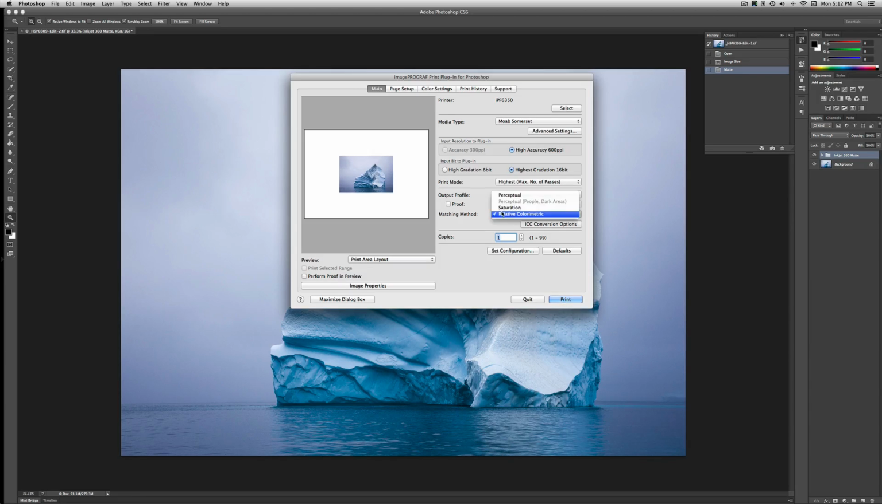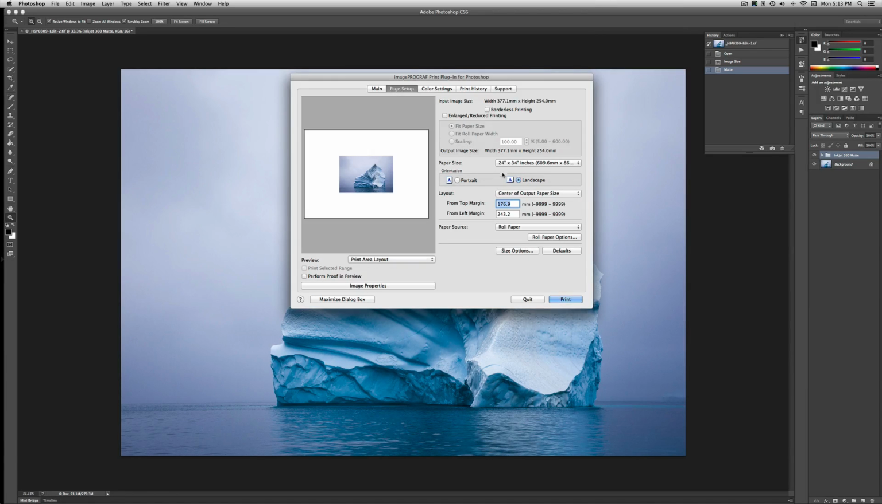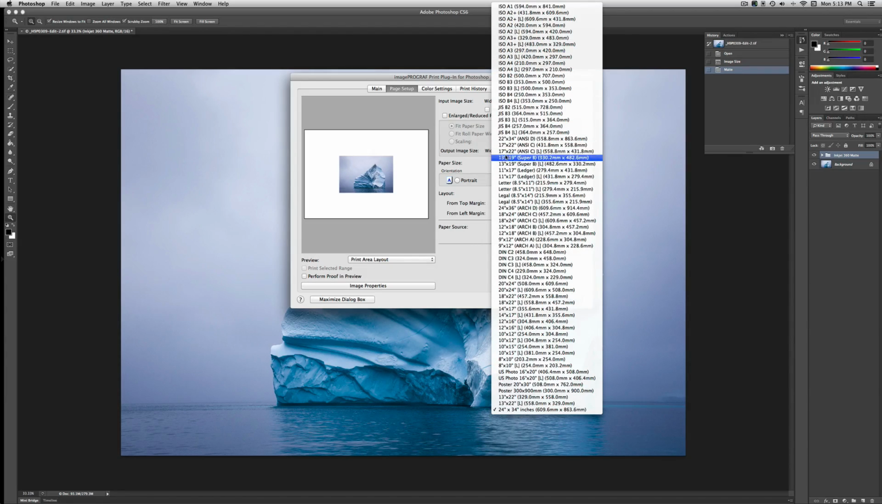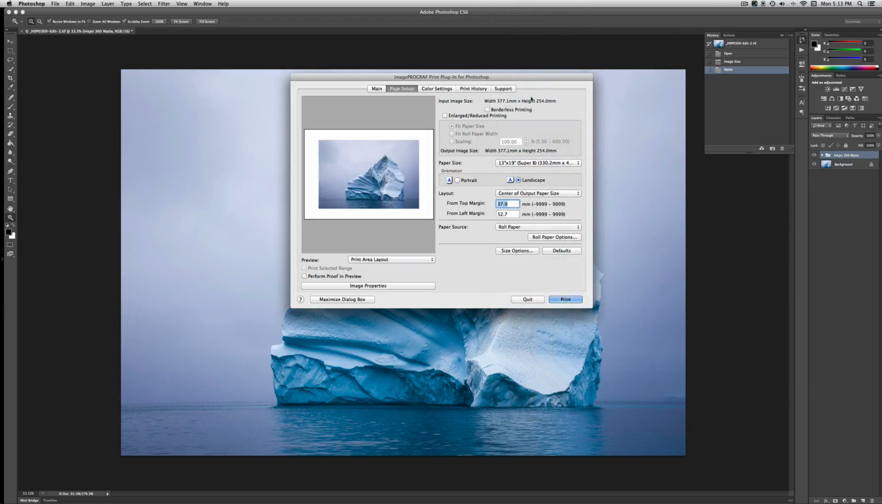Perceptual is only something I would use if I was dealing with an image that had a lot of out of gamut color. In this case, I know from experience that this photograph is going to be in gamut, and that relative colorimetric will be the correct choice. I'll then come over here and set my paper size, which is going to be 13 by 19. And my paper choice, which will be manual paper,